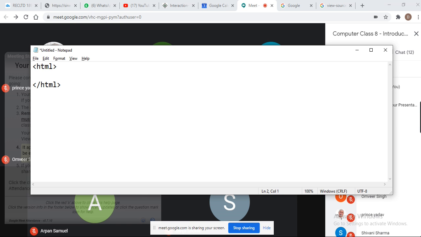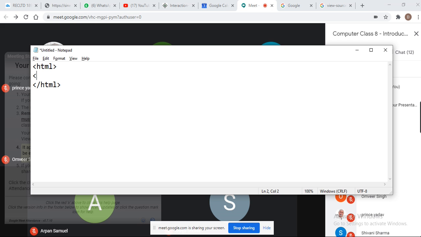Every HTML document contains two sections. First is the header and second one is the body. These two tags are mandatory inside the HTML tag.